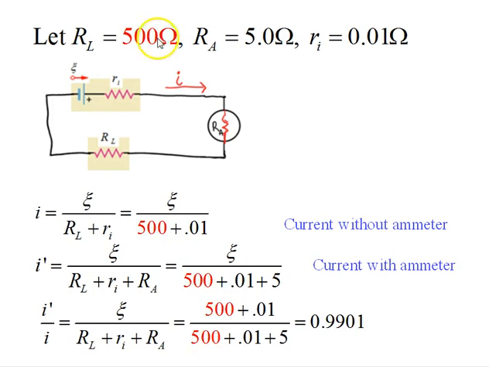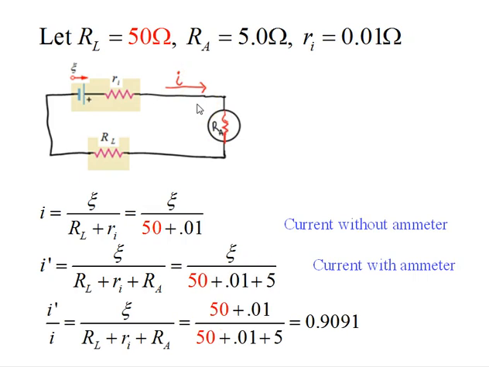If, however, we decrease the load resistance to 500 ohms, and we look at the same analysis, we see now we're on the order of 1% difference between our measured current with the ammeter in the circuit relative to what it would be without the ammeter in the circuit. If we continue further and we decrease our load resistance to 50 ohms, so it's only 10 times greater than our ammeter resistance, now we're on the order of a 10% error in what we're measuring in our circuit with this 5 ohm